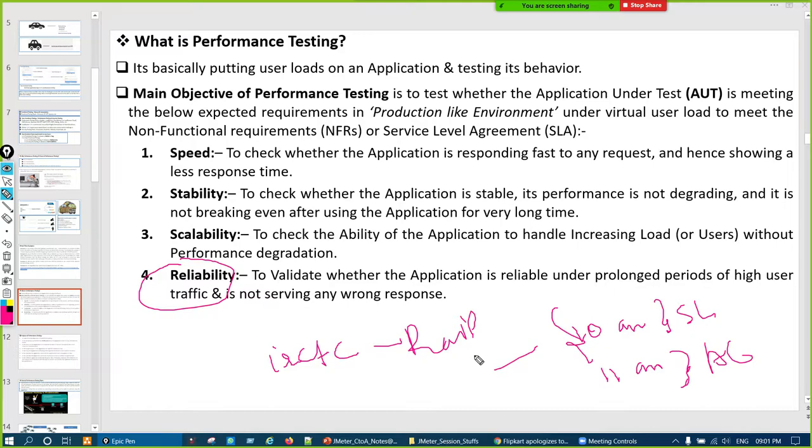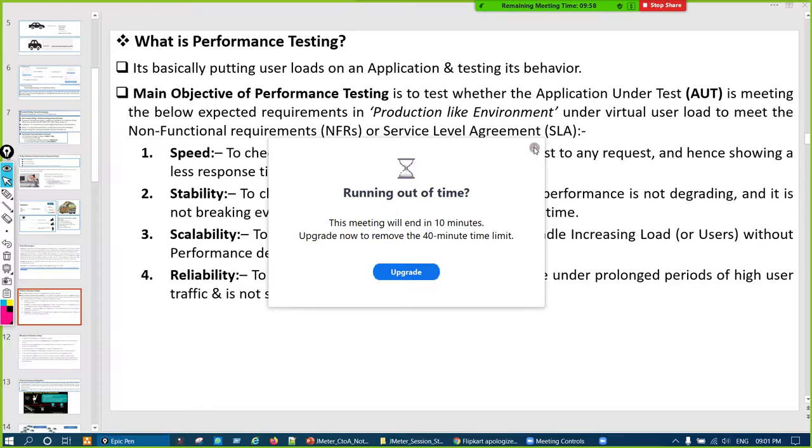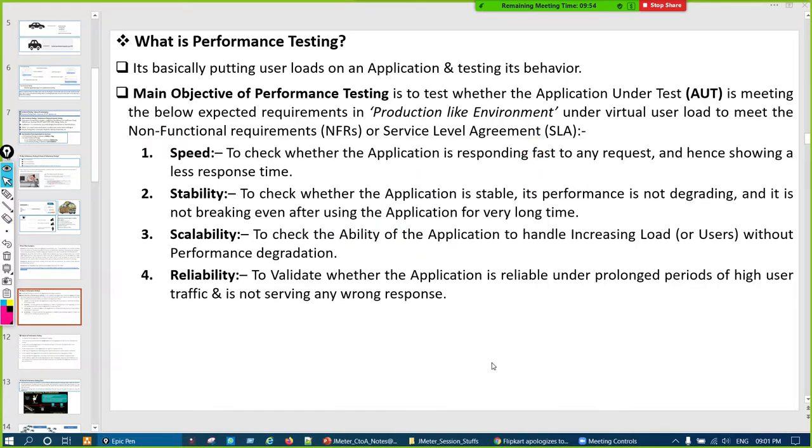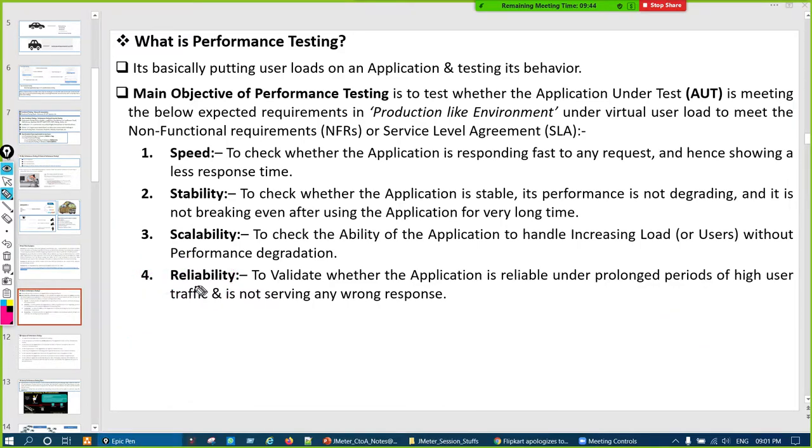Now the IRCTC server is so efficient that it never delivers a wrong ticket to anyone. And this transaction happens in 1 to 2 minutes, or you can say maximum within 5 minutes the whole ticket are sold out. Whole tickets of this train in whole India are sold out within a 5 minute time frame, and that website never sells or delivers a wrong ticket or a wrong destination to anyone. Never does this happen. So this comes under the reliability of our application. So we test those things.